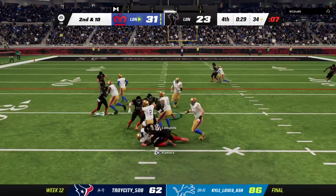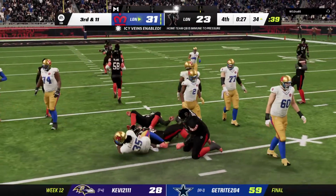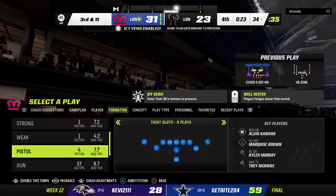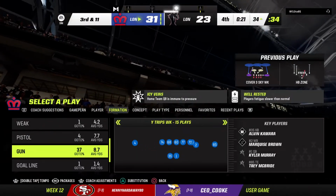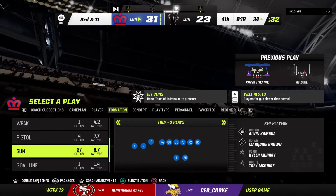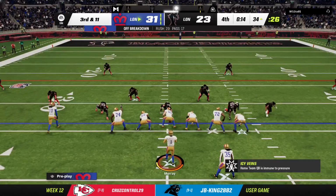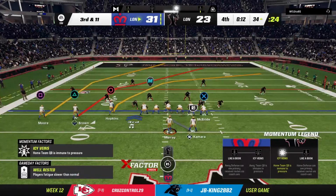Here's Kamara out of the pistol. And again, the run defense stout this time. He maybe gets back to the line of scrimmage, but no more. No gain that time, and it leaves him with 3rd and 11 coming up. Charles, why didn't they just take the knee there? You're asking the question that I'm asking as well, because